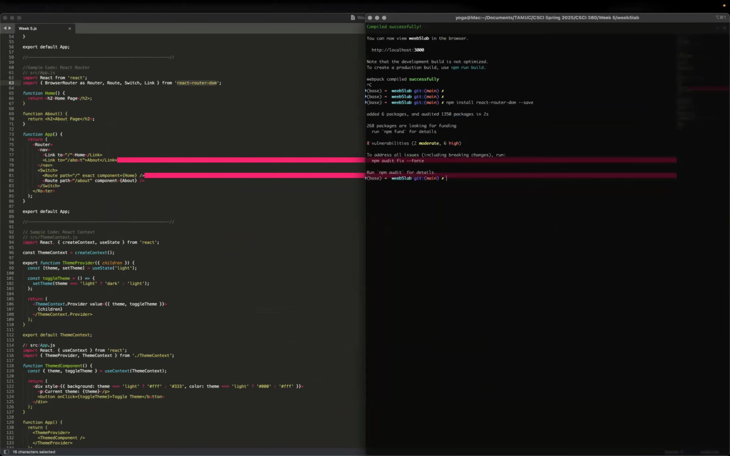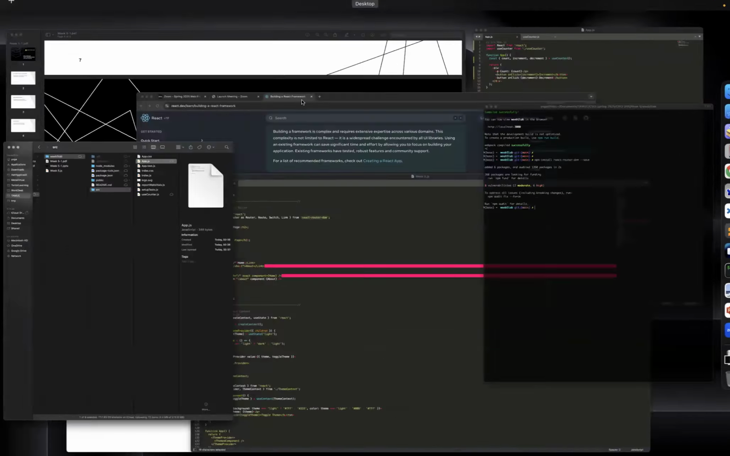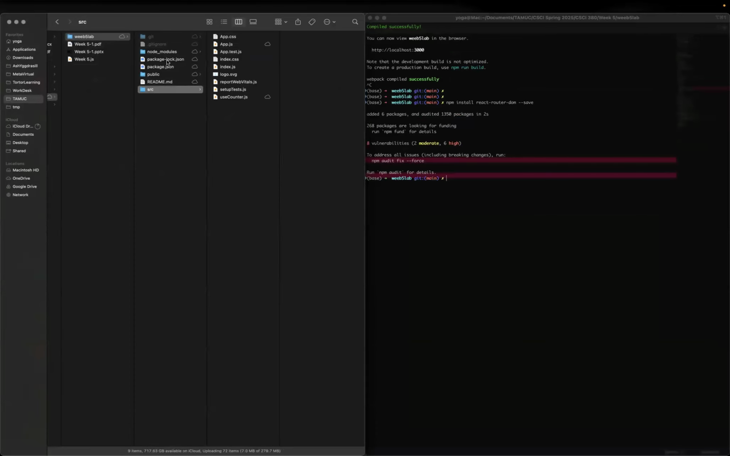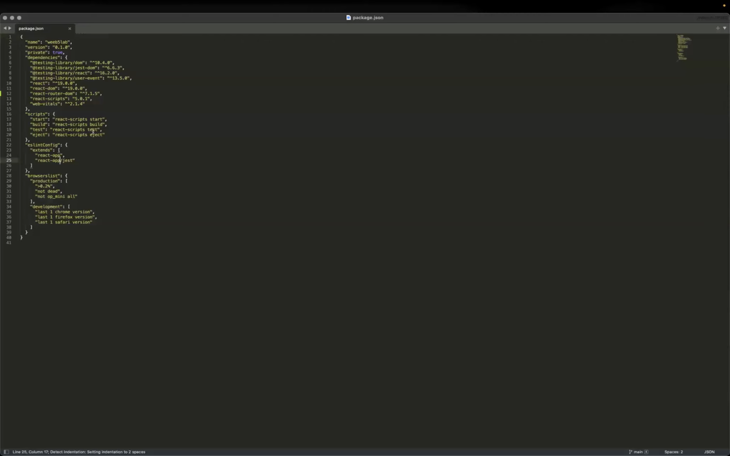Okay. So why don't we save the package. So right here you see we have the package.json file. So we add react-router-dom. So this one will help us to